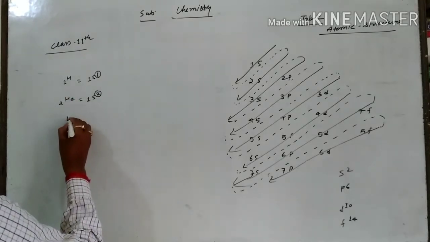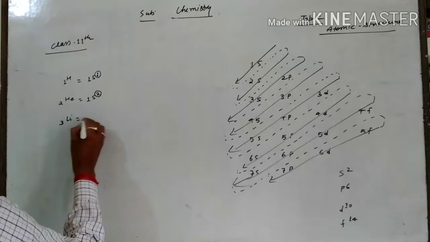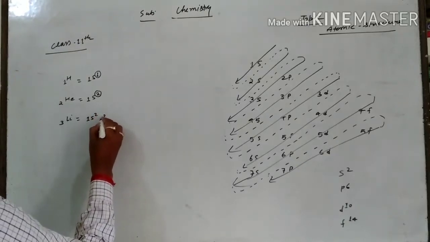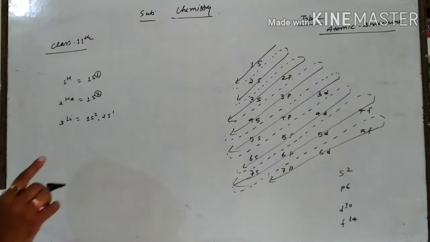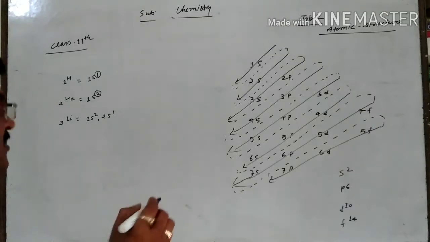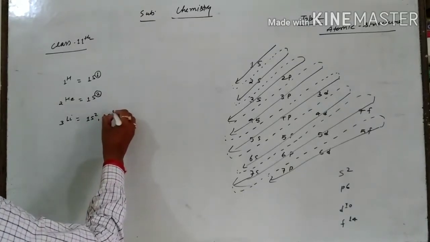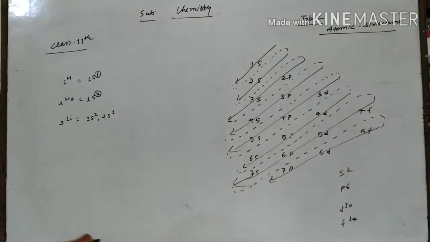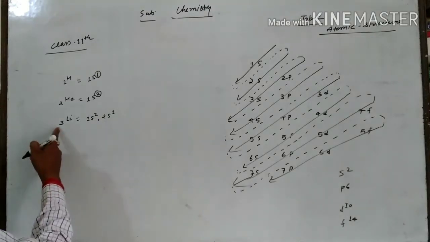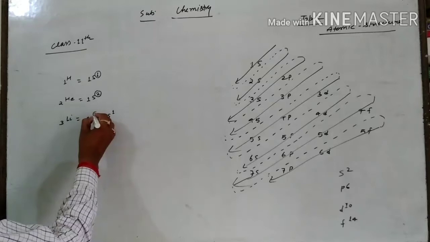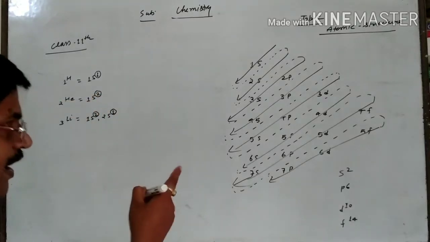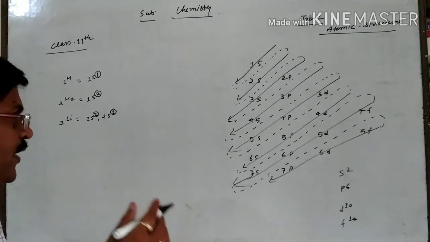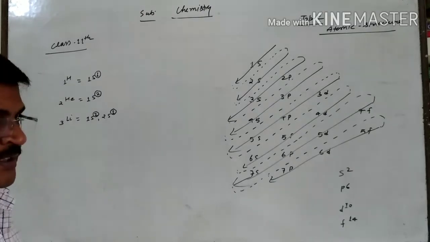Suppose in sequence lithium is given, having number 3. It means 1s2 and 2s1. Second shell, s subshell, and in this there is only 1 electron, because the total number of electrons is equal to the atomic number, and here the atomic number is 3. So 2 electrons are here and 1 electron is here. In this way, if you are going to do any atom's configuration, you have to follow this.